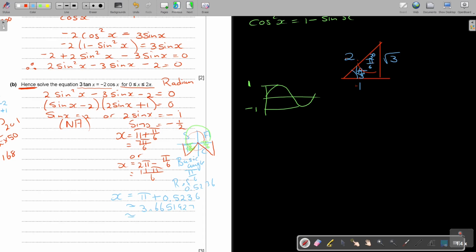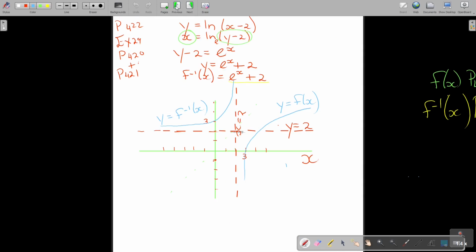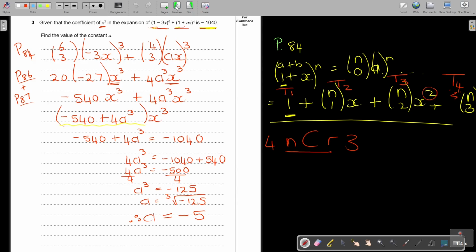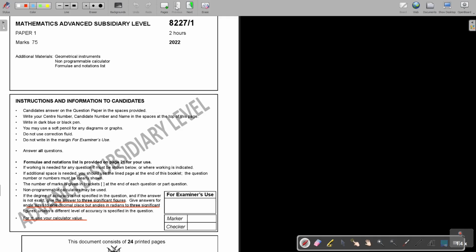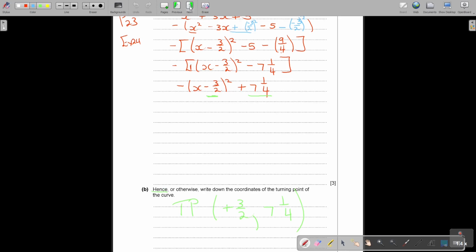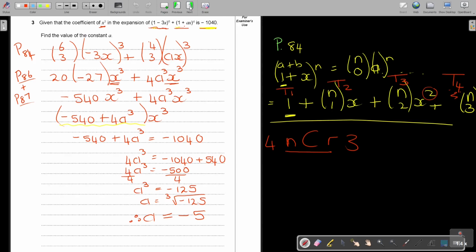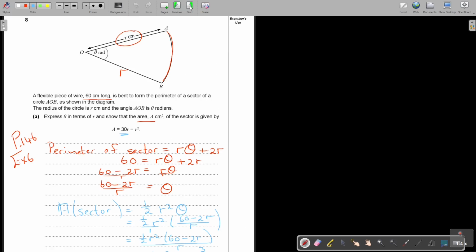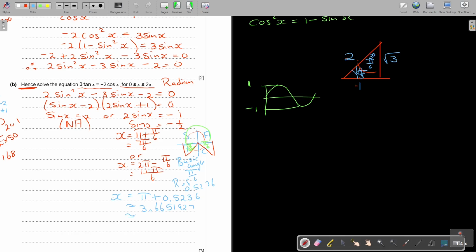If I look at the front page, I don't see it in the exam report, but I think they have 3 decimal places in the exam report. But if I look here, I see that angles in radians are to 3 significant figures. So I think it's maybe just a typing error in the exam report, but it can always be better, and I think it's just a better answer. So basically, if it's to 3 significant figures, then it would be